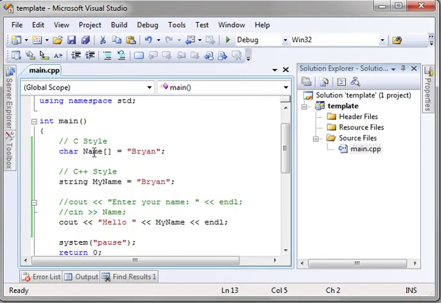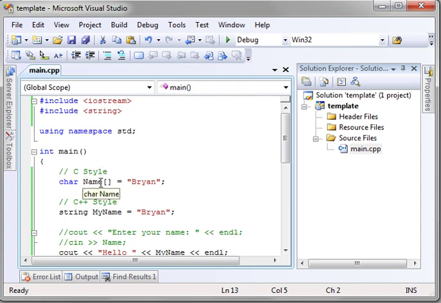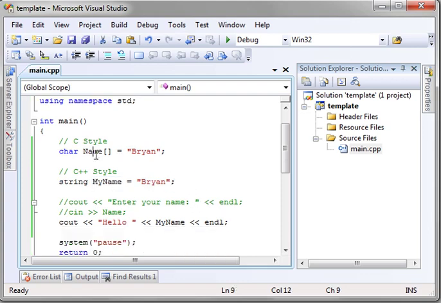Now, what's the difference here? Why do you want to use a class over an array? You already know what arrays are. They're convenient. They're easy to use. Why would you want to use a class? Well, I'm going to try and explain this in the sense that you don't really know what a class is. So let's back up a second. A class is a blueprint. It defines an object. For example, an array,